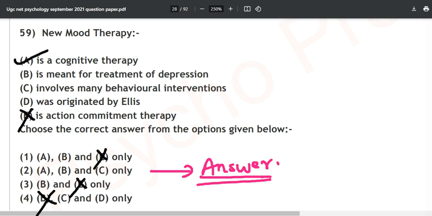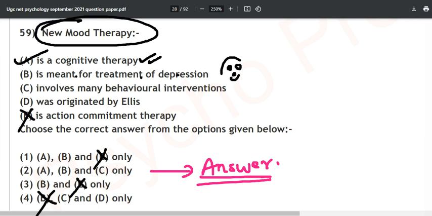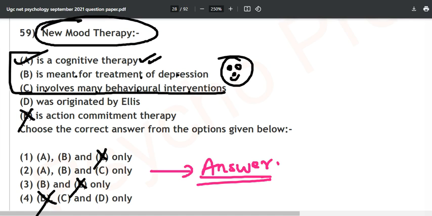It is the cognitive one. Now what you need to note down is new mood therapy is a cognitive therapy, pretty obviously, meant for treatment of depression, to make the sad people happy, and it involves many behavioral interventions. It might be involving, we don't know, but this is how we solved it based on some common sense and some syllabus